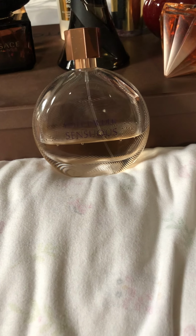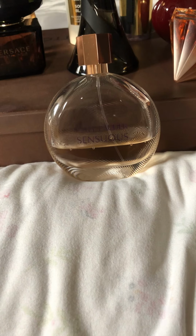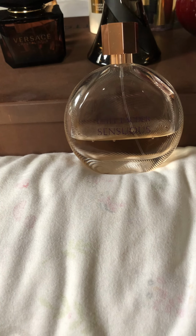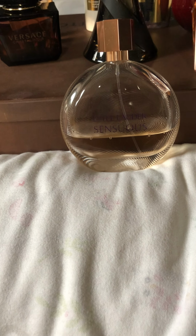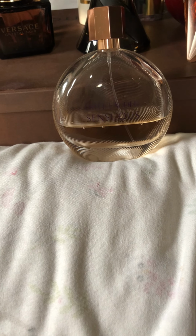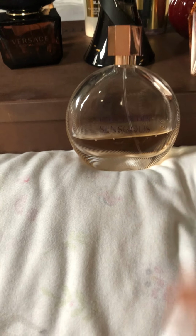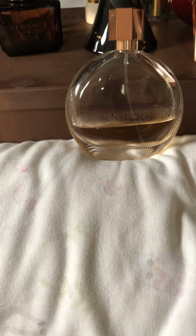But the nude one is the one that pretty much has the coconut in it. It's the same one as this one. It just doesn't have it, and it says Sensuous Nude on it. So it's a very beautiful fragrance. I love this fragrance, you guys. I love it. I'm going to use this bottle as a reference, but I love that Sensuous Nude